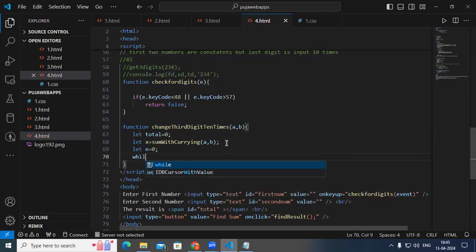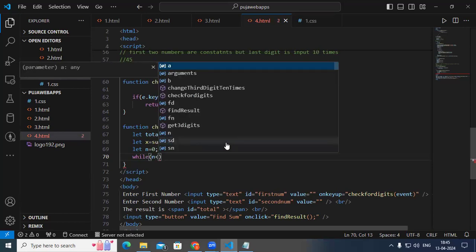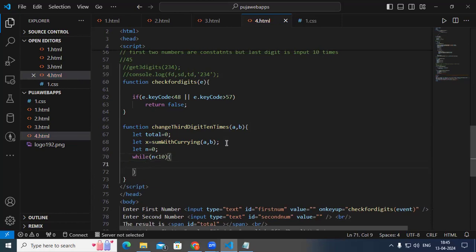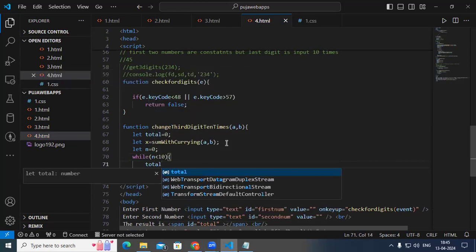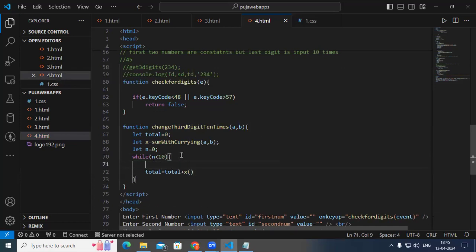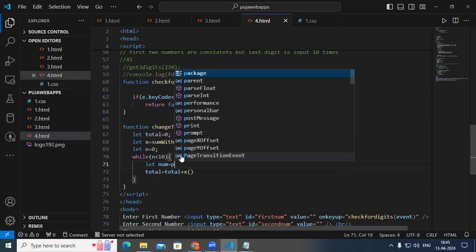Right here, while, or else you can even write another recursive function in this case. While n is less than 10, in such cases, you can call it. So total equal to total plus x of, but you need to read a number here. Okay, let num equal to parse int,